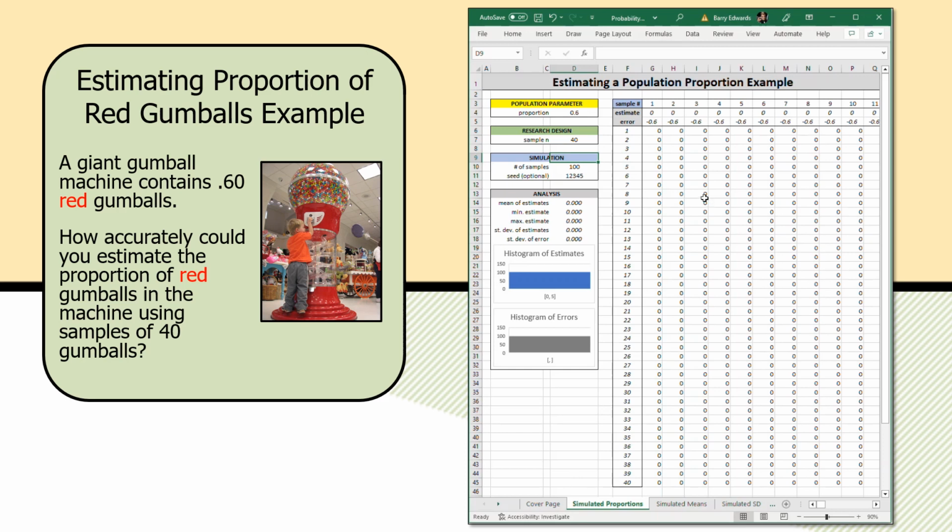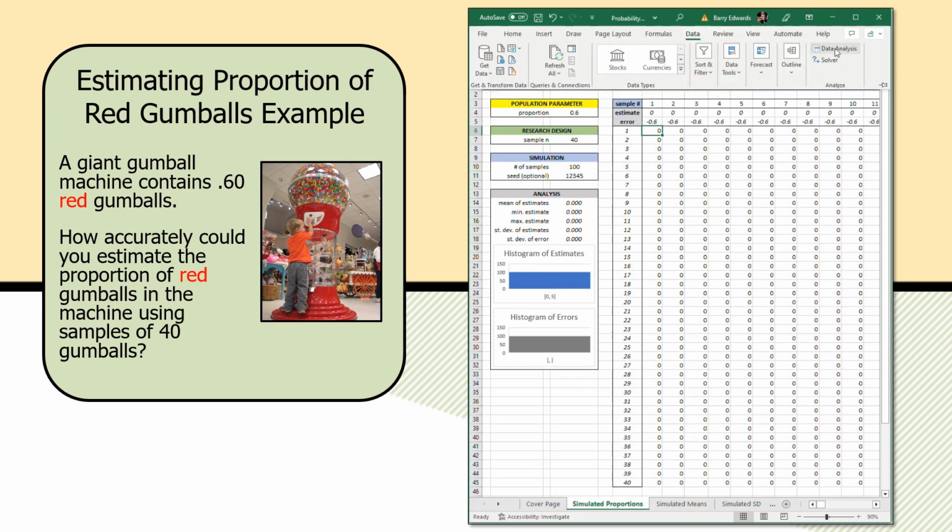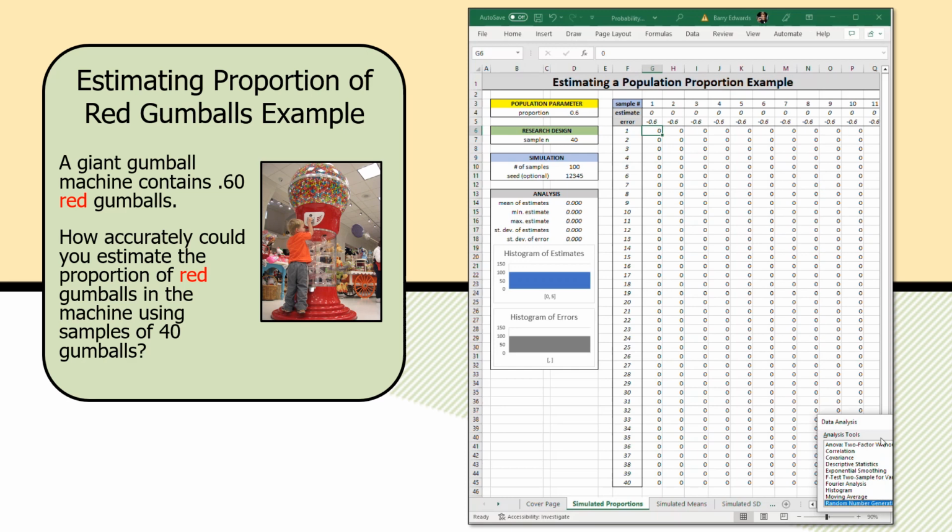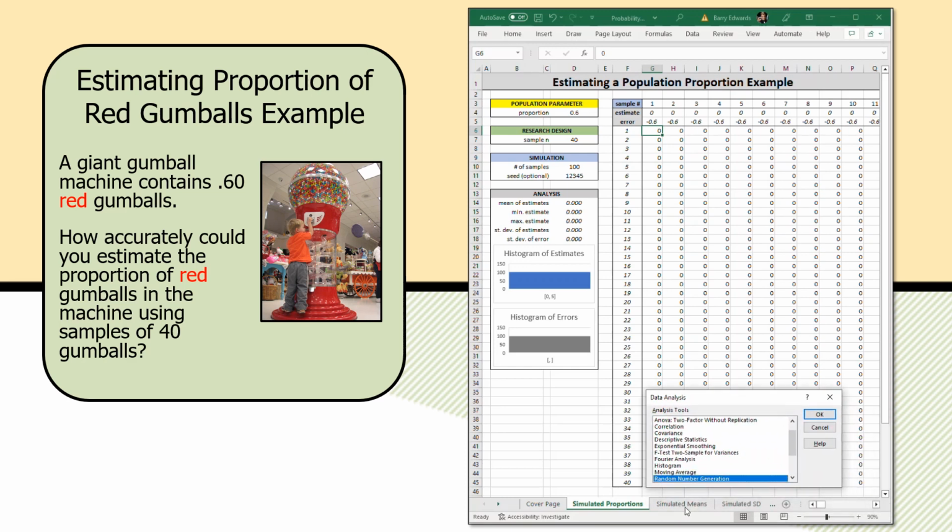And on the worksheet, there's a bunch of zeros. I just started with the all zeros worksheet. We're going to fill this in now with some data simulation. So to actually simulate the draws of 40 gumballs each, I'm going to use the Data Analysis ToolPak, random number generator,